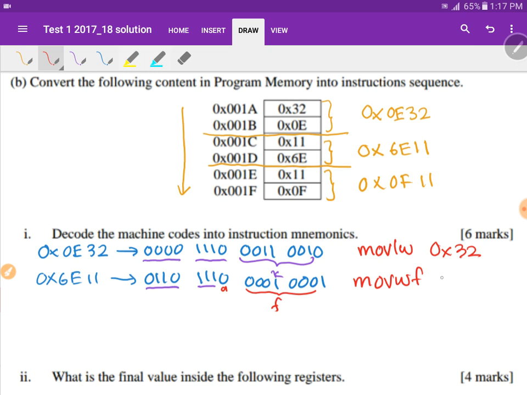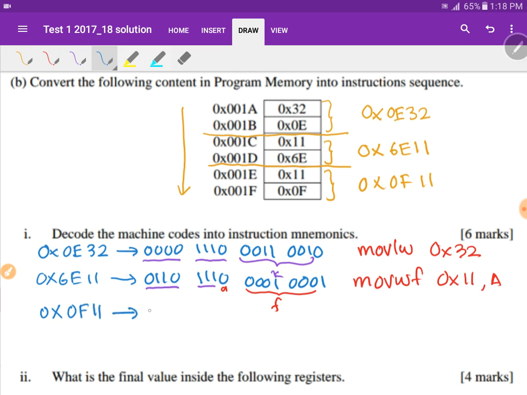So the F field will be hex 11, and because the value of A here is 0, it means that we are using access bank. So this is the instruction, this is the mnemonic for this machine code. The last one is hex